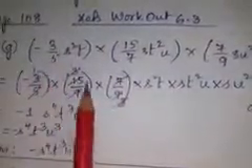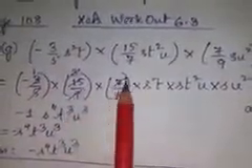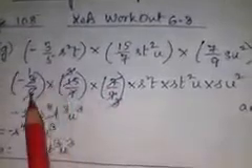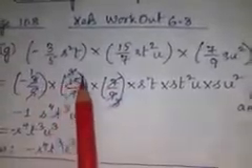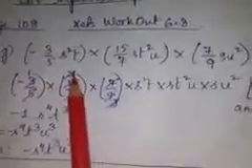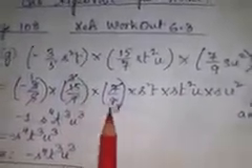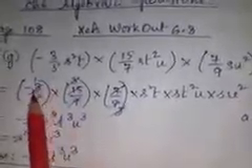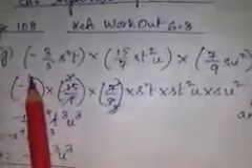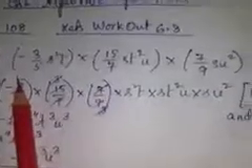So I have written the constants together, and after that I have done the cancellation. This 7 is getting cancelled with 7, this 5 is getting cancelled with this 15, and I have got 3. Again we have got 3, and 9 is getting cancelled with 3, 3s are 9, and this 3 is getting cancelled with this 3. So finally we are getting minus 1 as the constant term.